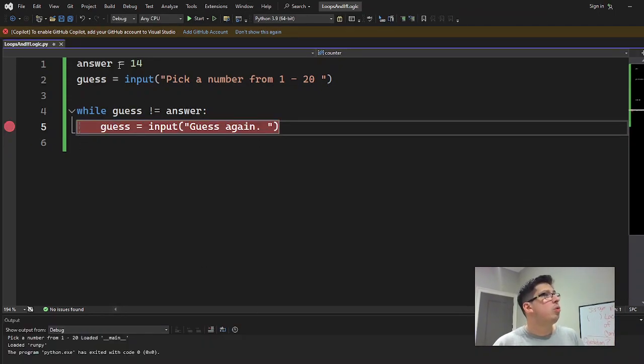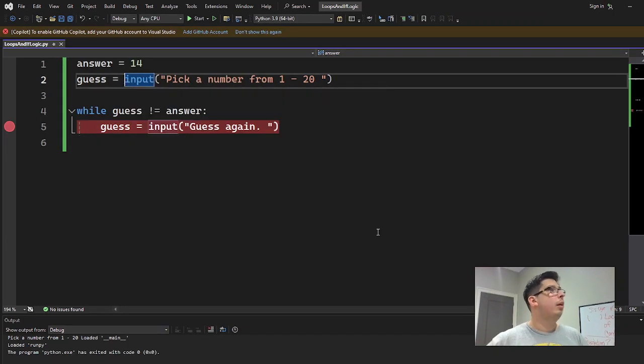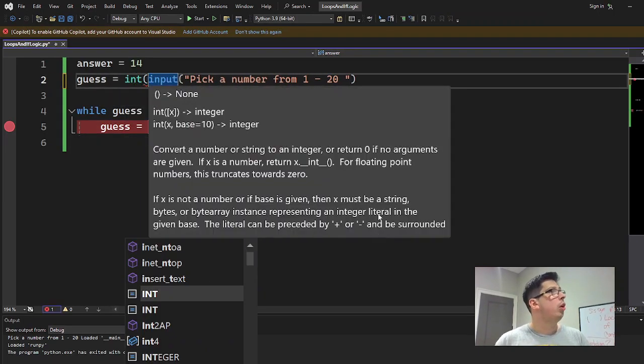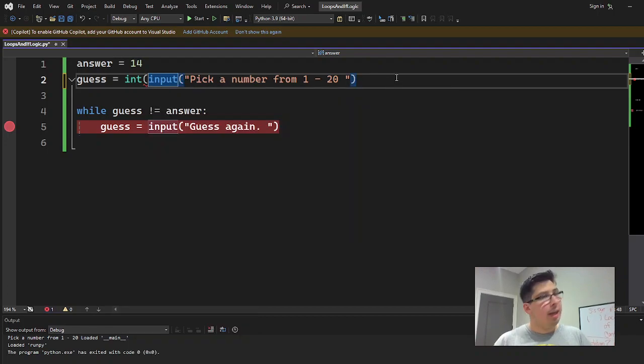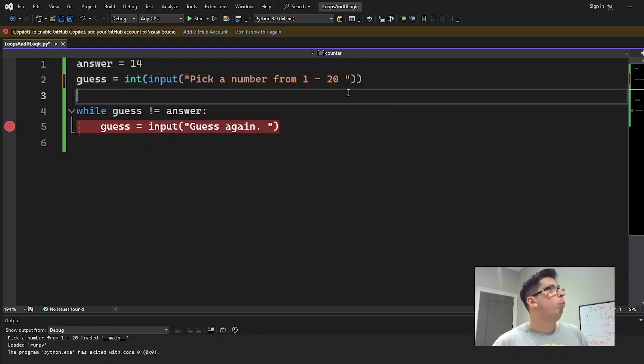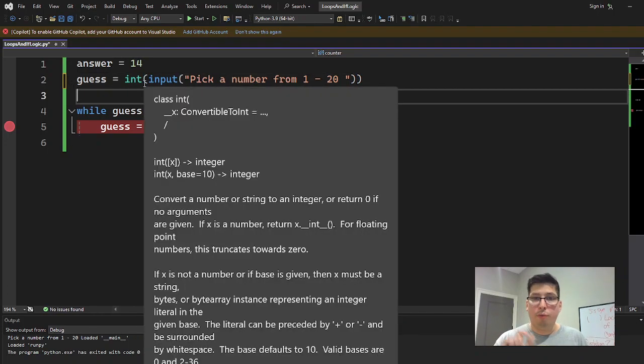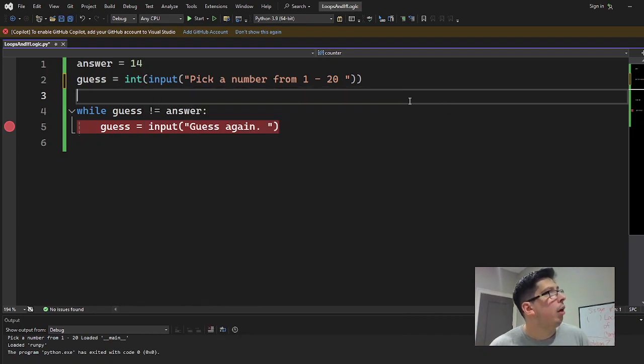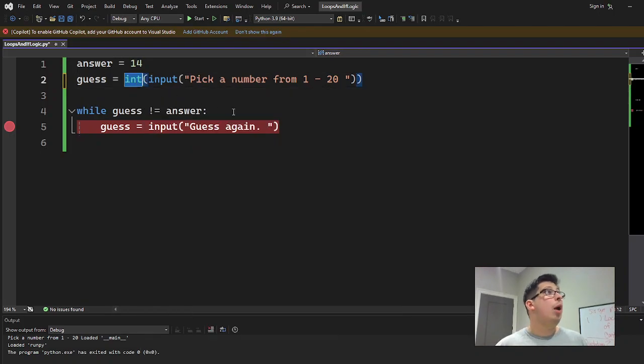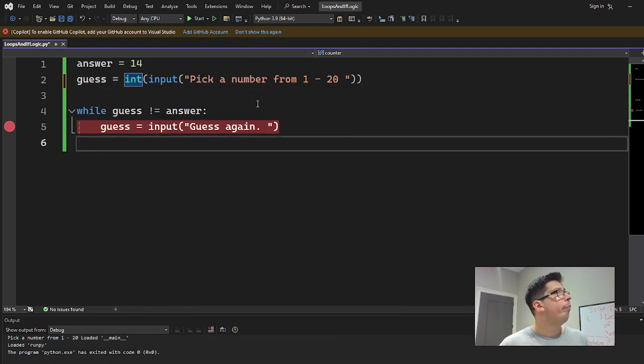So what we have to do is something called casting this to an integer. We surround this input with int, that's short for integer. It's a class, and it converts whatever's on the inside, which we know is a string of digits, to a numeric value of int. So now when we run it,